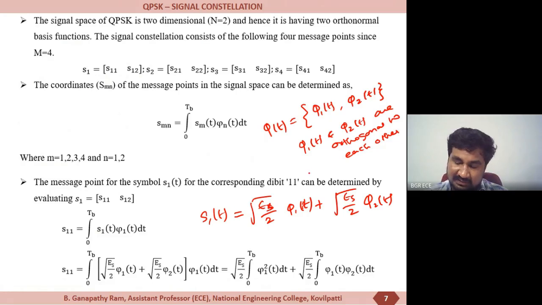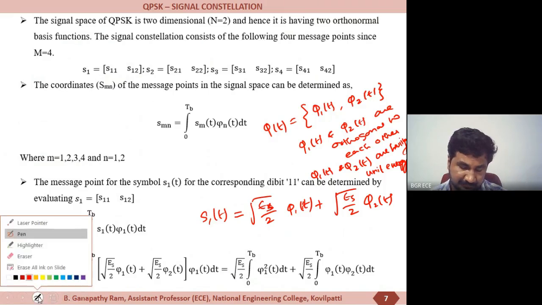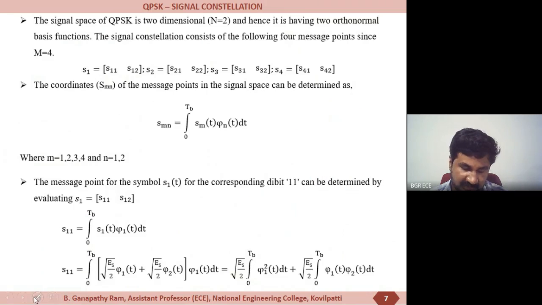And phi1 of t and phi2 of t are having unit energy. These are all the conditions for the function to be an orthonormal one. Hence,